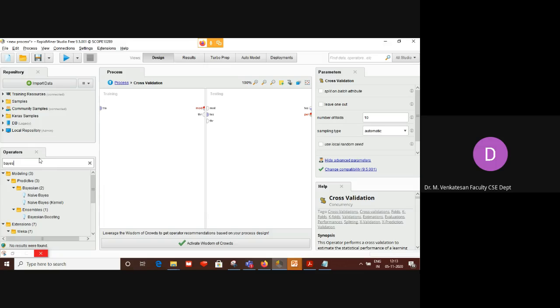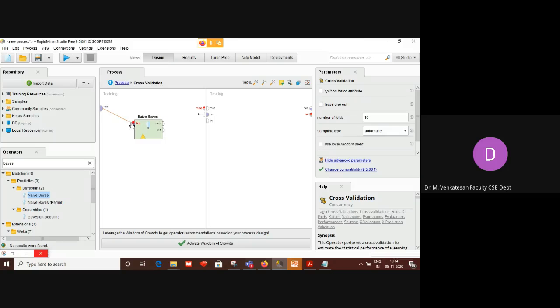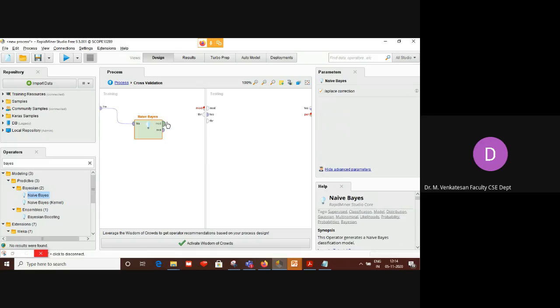I'm typing Bayes, and I'm getting Naive Bayes. Drag and drop here and supply this training data, because the machine learning model should be built with the help of training data. So I am supplying this training data as the input to Naive Bayes. Now what is the port here? Model. So it means the model is built. This should be connected to the model port.